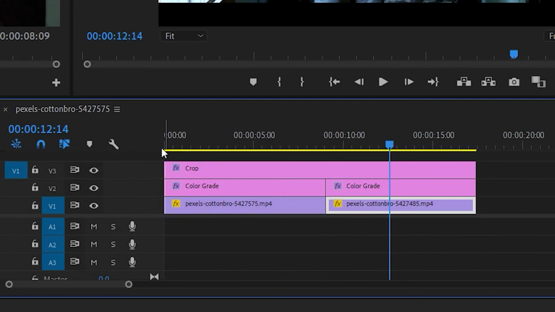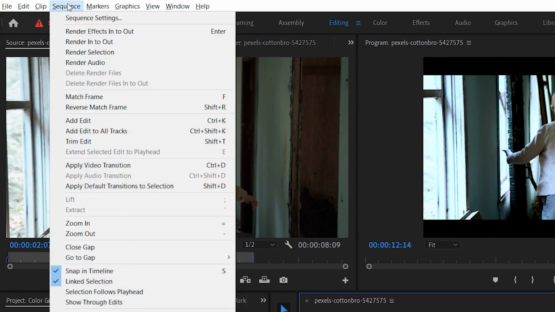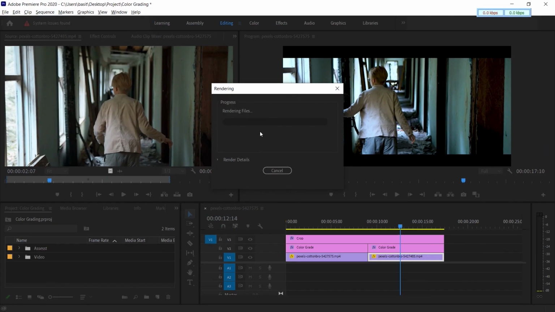Here you are seeing this yellow line, which means this video is not rendered inside Premiere Pro. What does it mean? It means when you play your video, it will lag too much, especially if you are using a low spec system. So what we can do, we go over here, sequence, in to out render, click over here and it will render all the files inside Premiere Pro and give us a smooth preview.